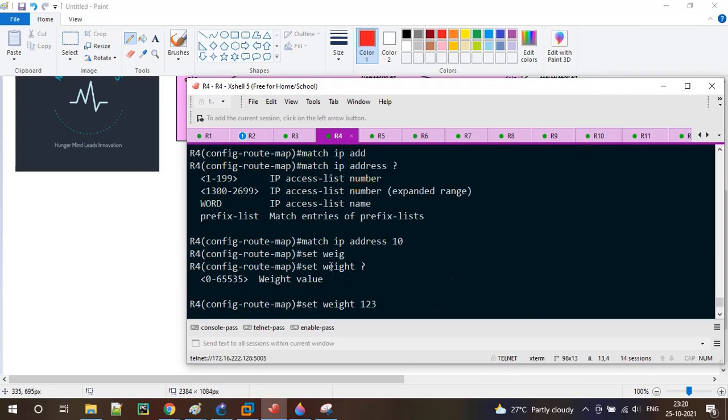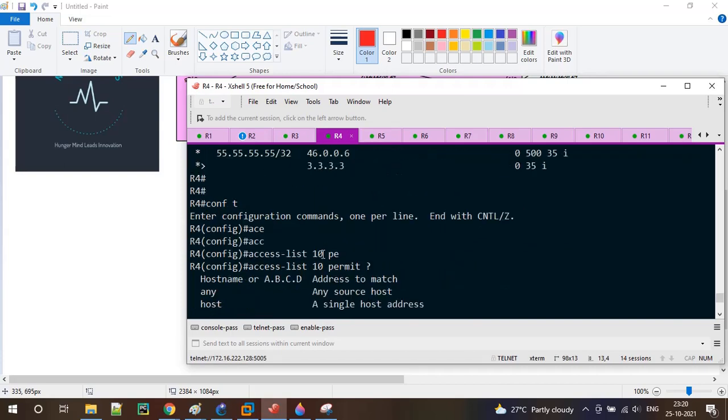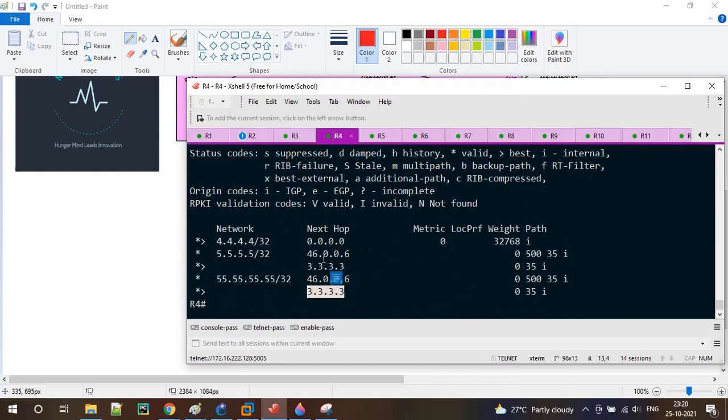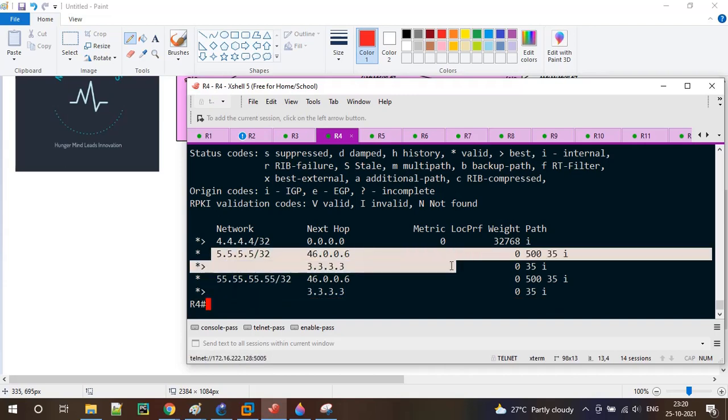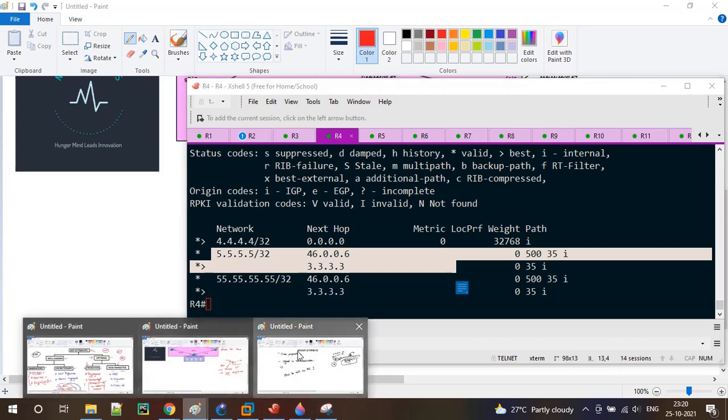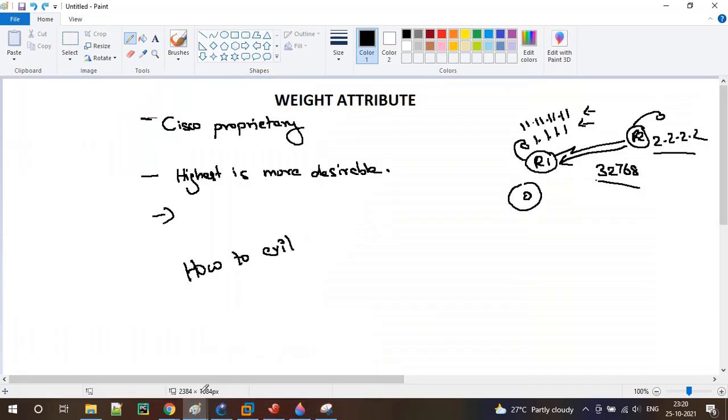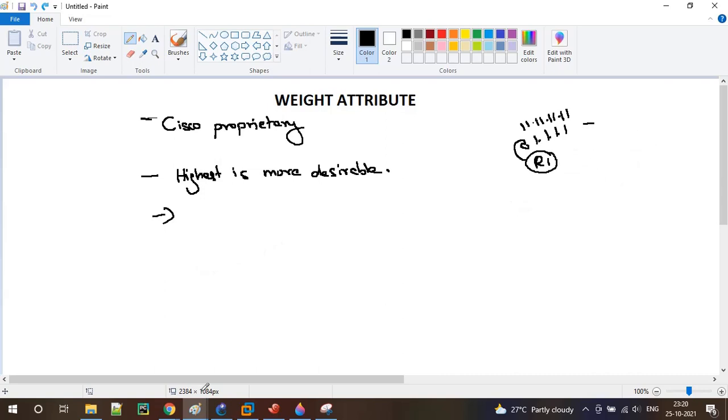But once I apply this particular route map to my neighbor, I'll be receiving only the 55 network but not the 5.5.5.5 network. Why? I'll tell you why. Let me clear this.